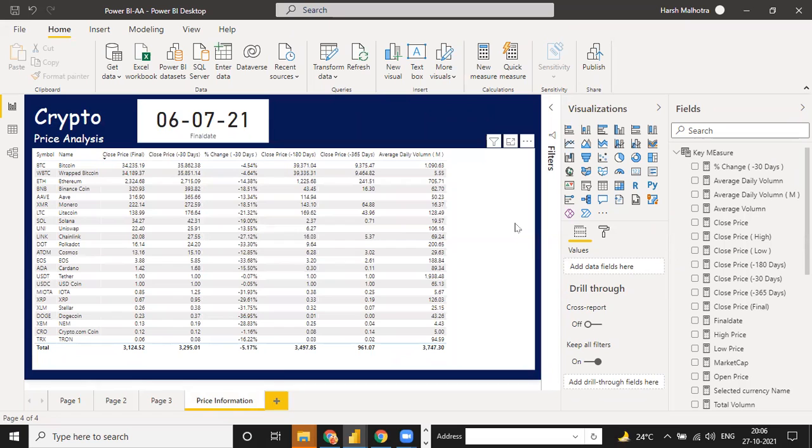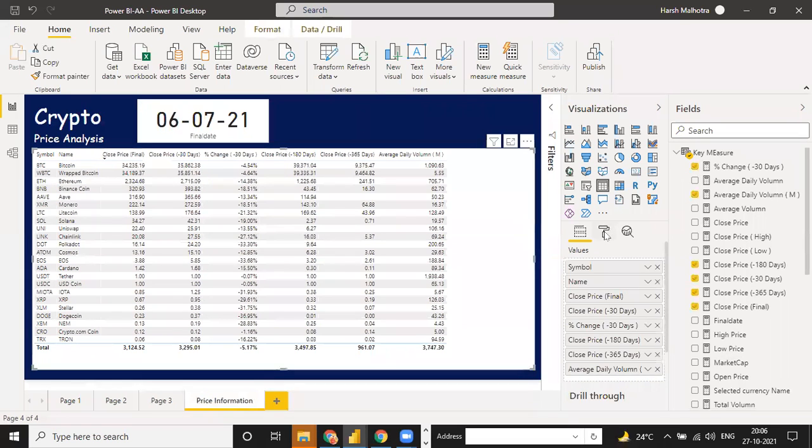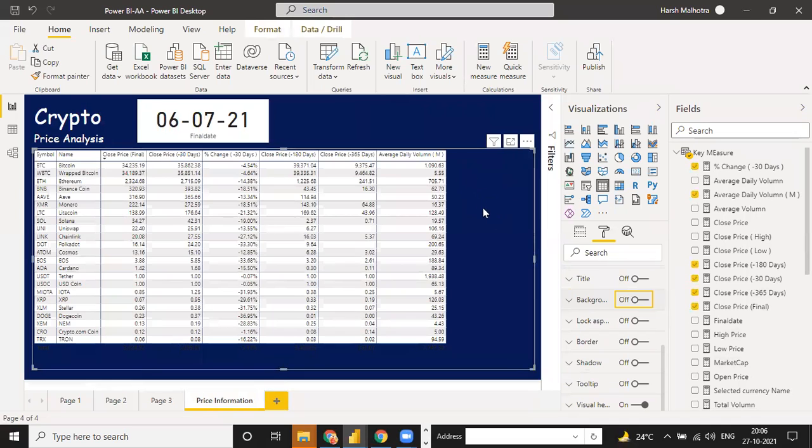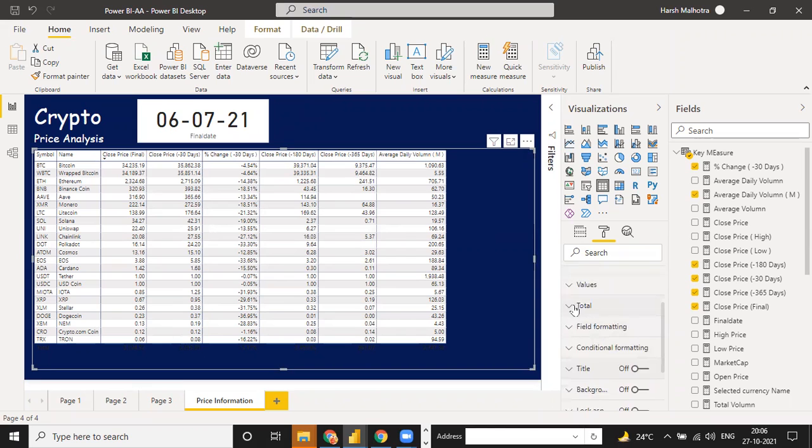And see, go to this chart, click on this. You can remove the background, okay, and change this value as well, and this value you can change via this formatting. You have a title, and this is the value, field formatting. Okay, this is your field formatting. See, font color, font background, you can change all of this as well. So it will be the same in that format. You can change.